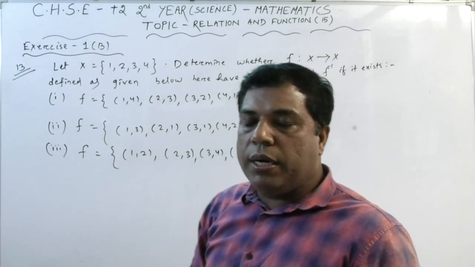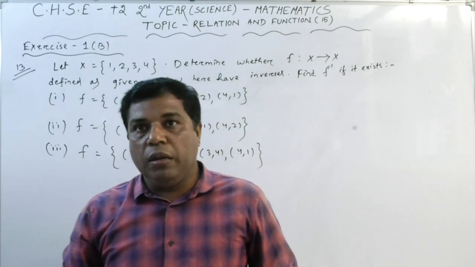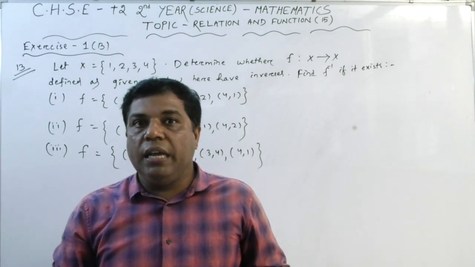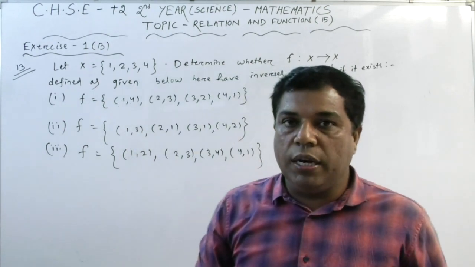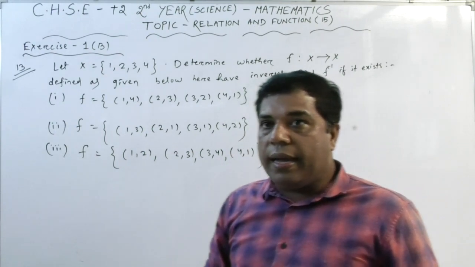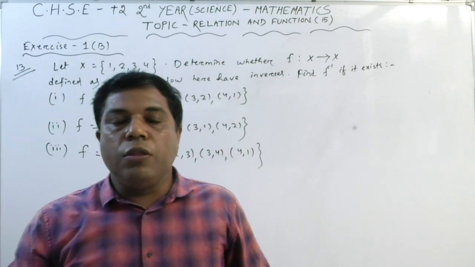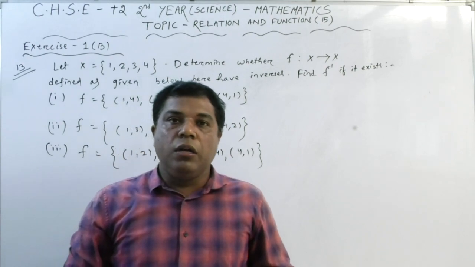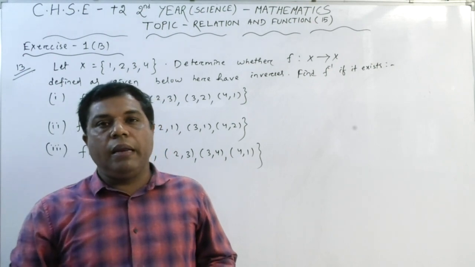My dear students, now think: when we are getting an inverse of a function, is every function invertible? Go to the theory part and see whether we always get an inverse. Yes, my dear students, it is correct that every function does not have an inverse. So which functions have an inverse? Those functions which are invertible are bijective in nature. So only if those functions are bijective do they have an inverse.